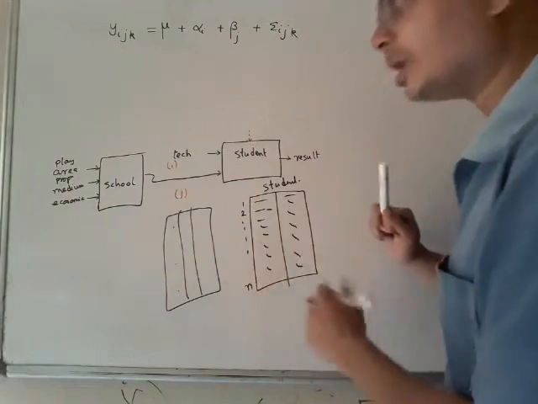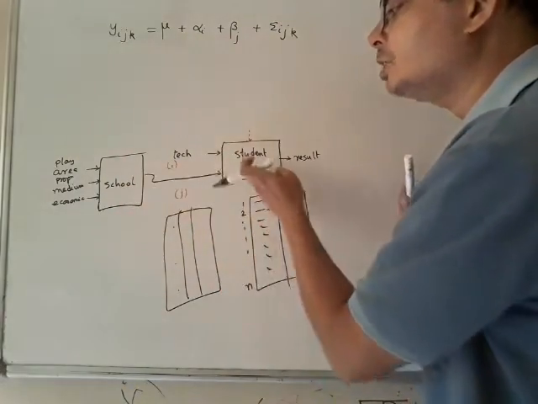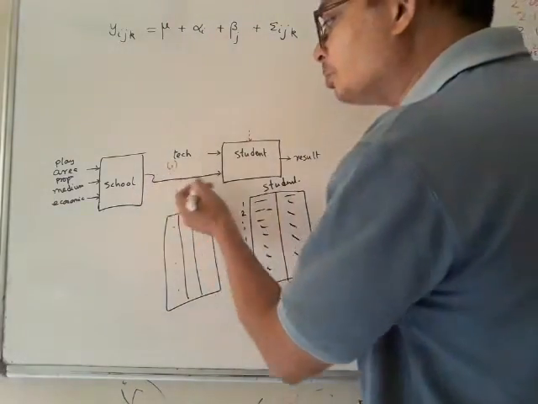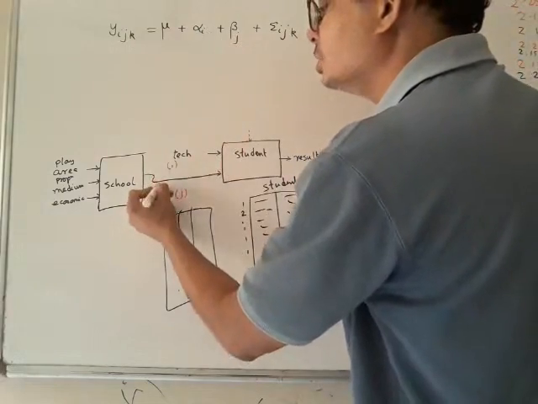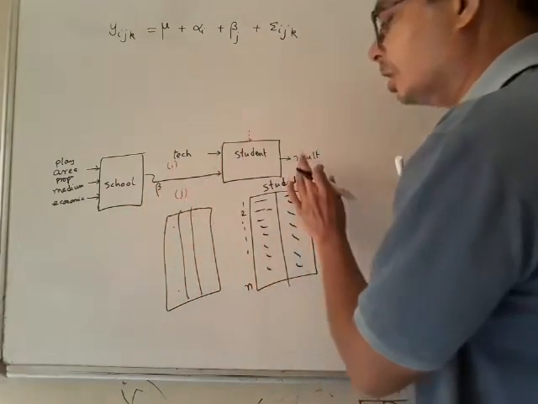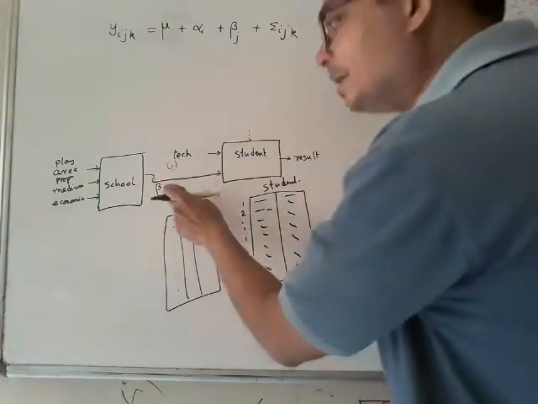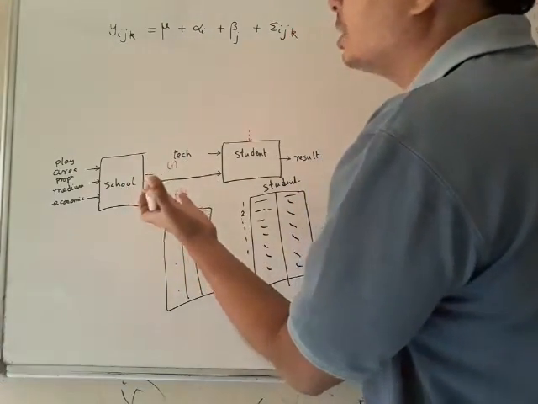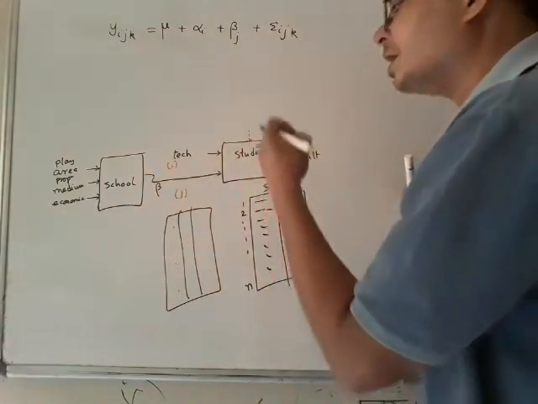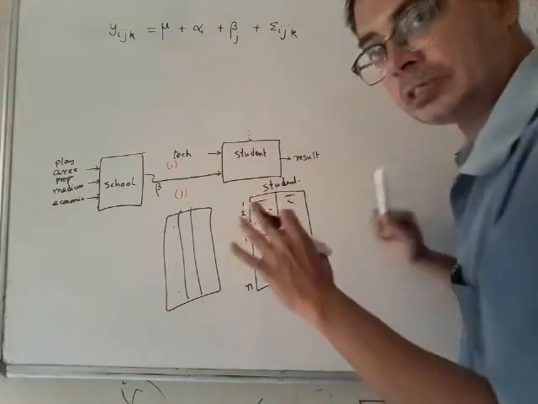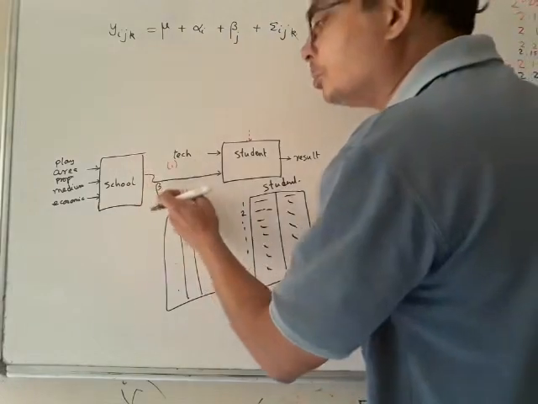If you consider it like this, then isn't this box basically similar to this box? Here the output is somewhat abstract. Output is this beta j. So this beta coefficient is the output. Unlike here where result is a very concrete object, but beta is just a similarly measurable quantity. Beta is the effect of a school on the result of its students. Quite abstract sounding thing, but it's a quantity. And that is the output of